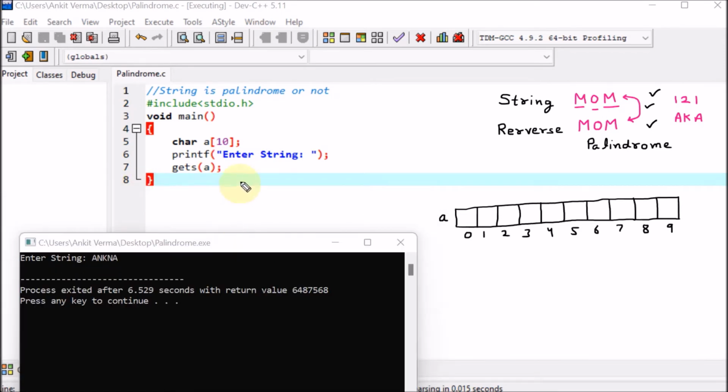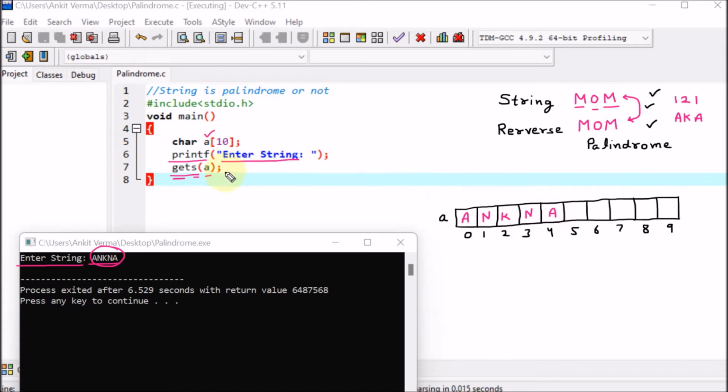So now we are understanding how this code is working. First of all, printf enter string. That means on the user screen we are having enter string. Then afterward the user has entered A, K and A. So by saying gets, it is the direct function for taking input of the string. Gets means get the string and store it into A. So A is the array. So this string is taken and stored in the array. We know that here A, K, A is the string which is captured.